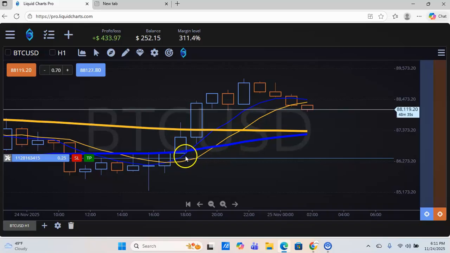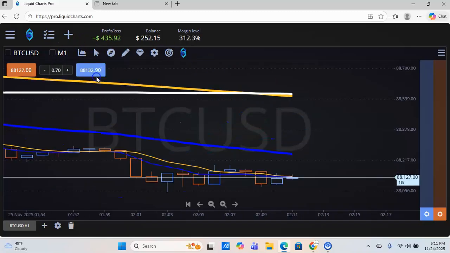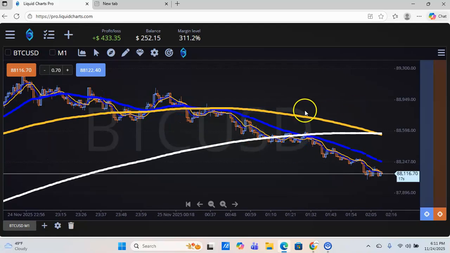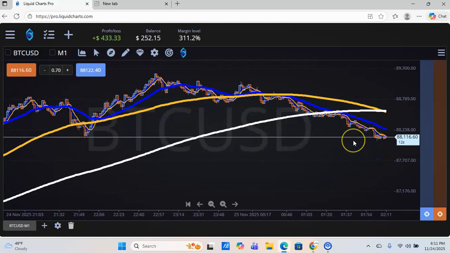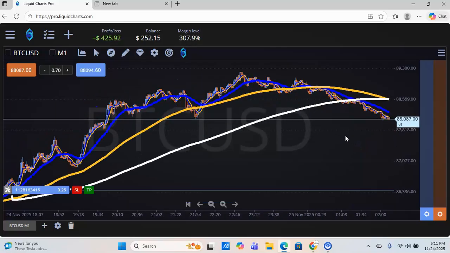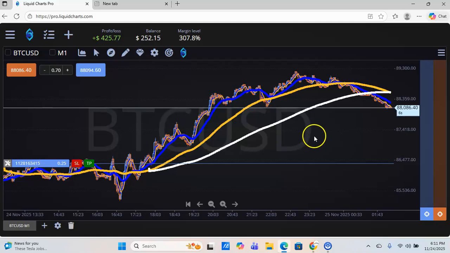The blue moving average was over this orange moving average, the price went up, and you kept the trade open until it was no longer over. You see right here how you would be getting out of the trade later. But based on the 1 minute time frame, you would have been out of that trade a long time ago because it crossed over here. Based on the 1 hour time frame, it hasn't even crossed over yet. That's why I say trade based on the 1 minute time frame.